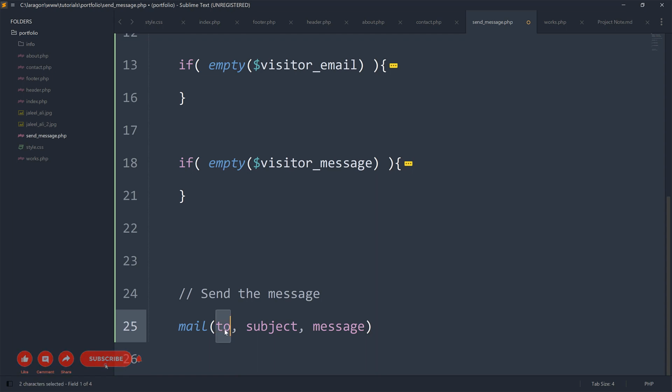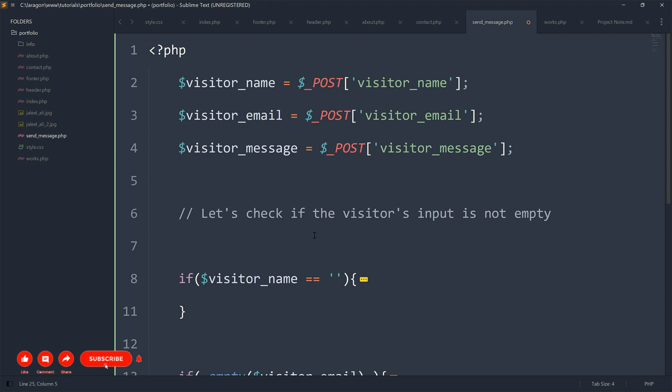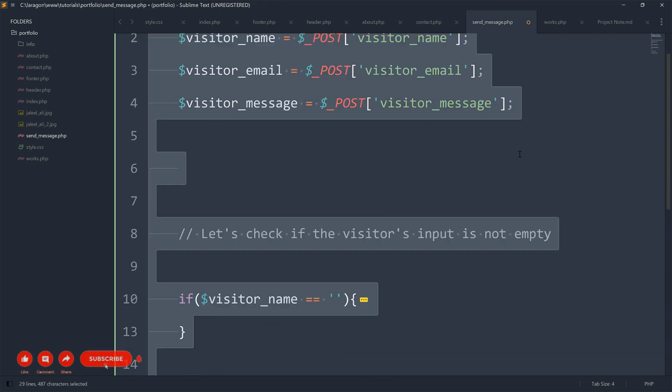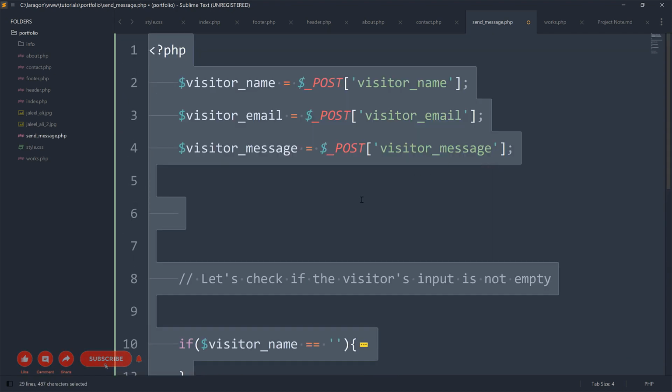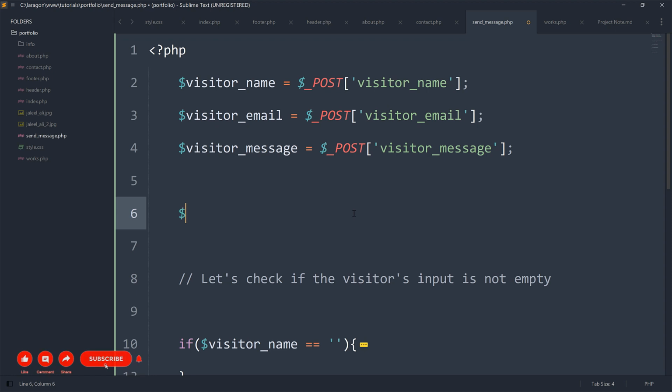The first is: to which email are you sending it? In that case, we'll create a variable here. We are going to call this variable my email. That's you, the owner of the portfolio, and your email we are going to say